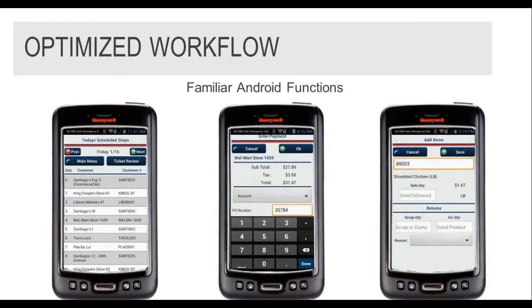Ultimately, the goal here is higher user acceptance. So really, one of the things that we took into mind was the ability to utilize a lot of familiar Android functions. And I'm just going to highlight a couple of them here because there are many things that we've gotten used to with that.